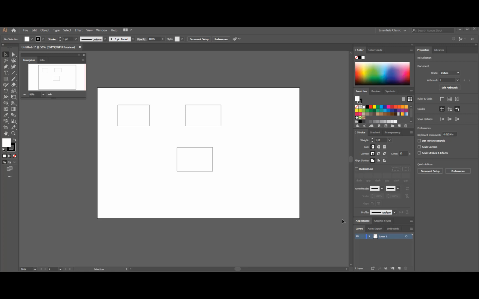Now that we have a few objects, we'll go back to explaining the fill and the stroke. Like I said, Illustrator thinks in fill and stroke, or stroke and fill, stroke being the outside line and the fill being the inside line. So if we select this object,